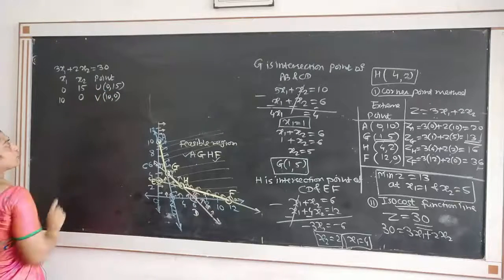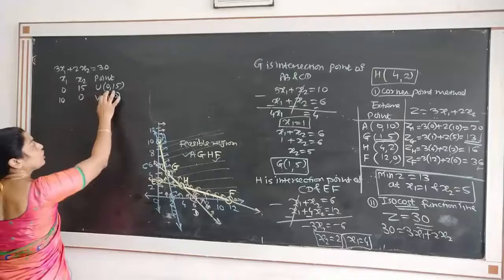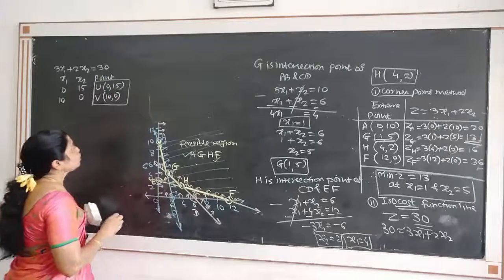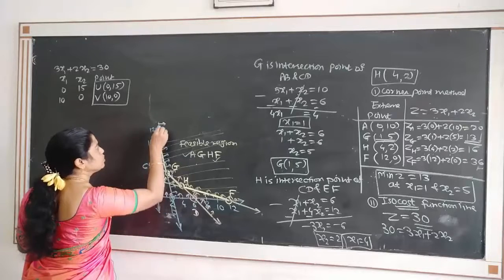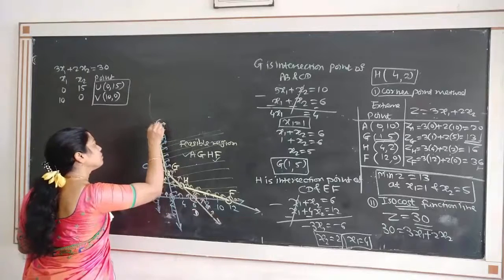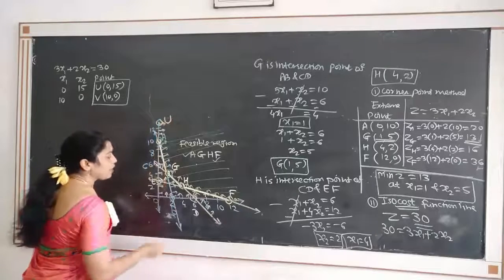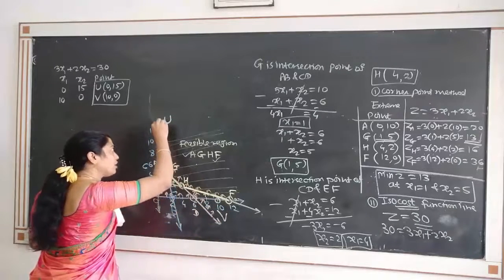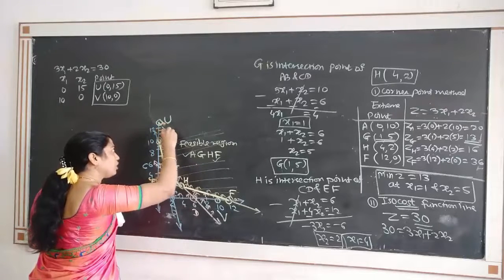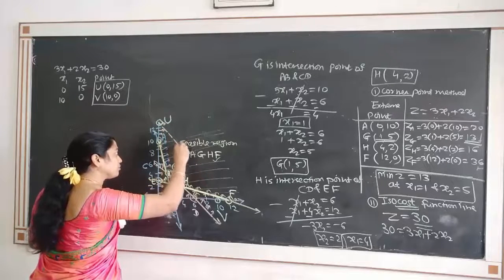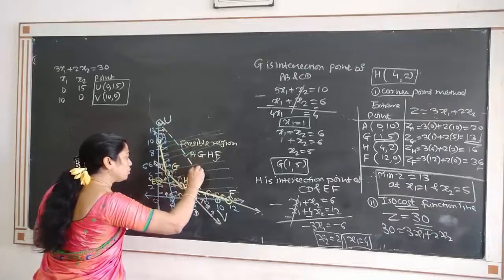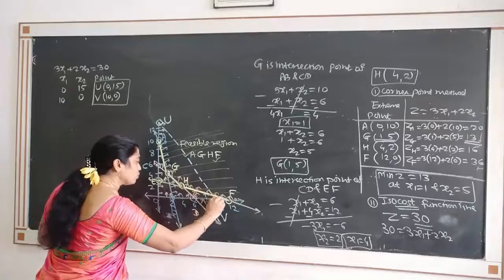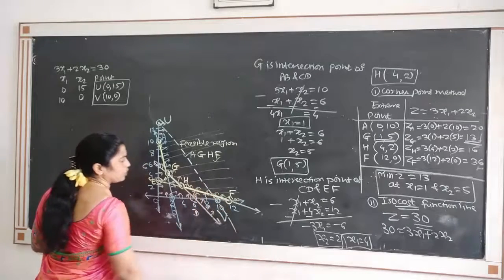Draw the objective function line by dotted. So I will draw this isoprofit line by dotted lines. So see, u is 0, 15, somewhere here. So that is your u point, and 10, 0, that is your v point. So you have the line like this, uv. I will draw the line which is dotted line to show the difference between constraint line and objective function line. So this is our objective function line uv.